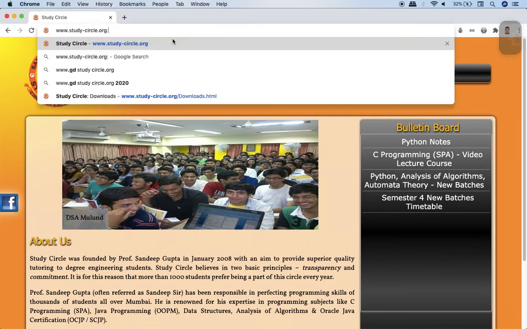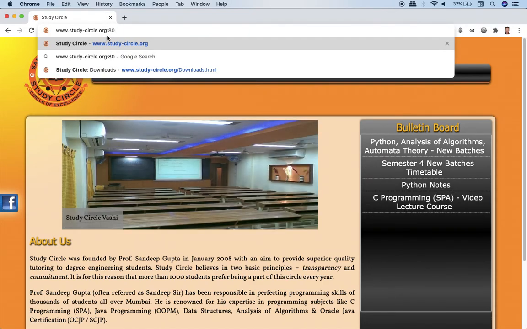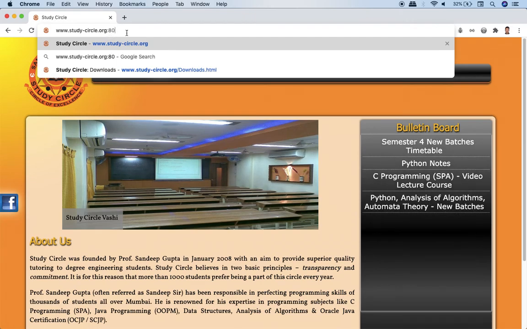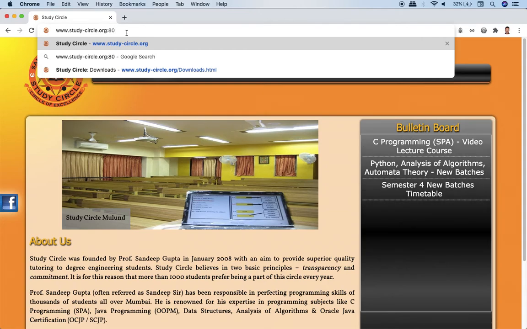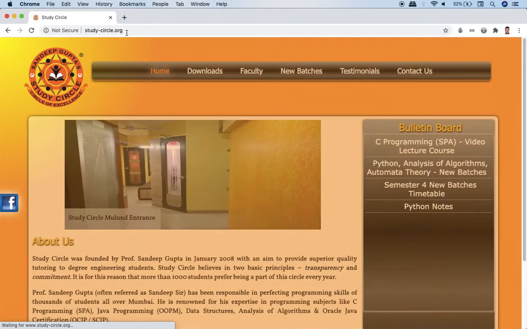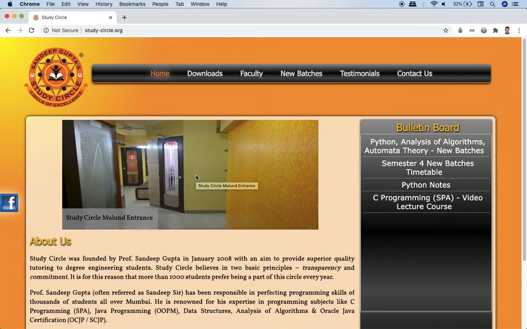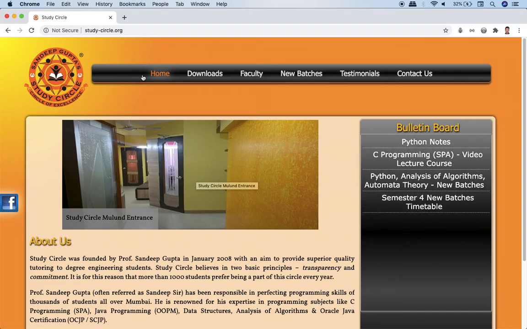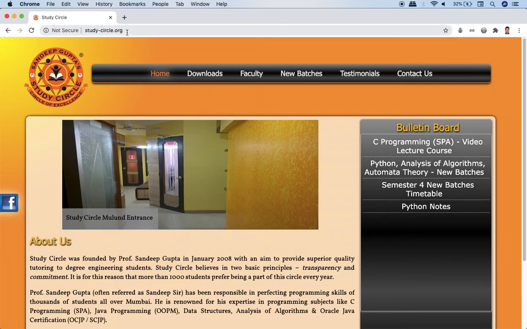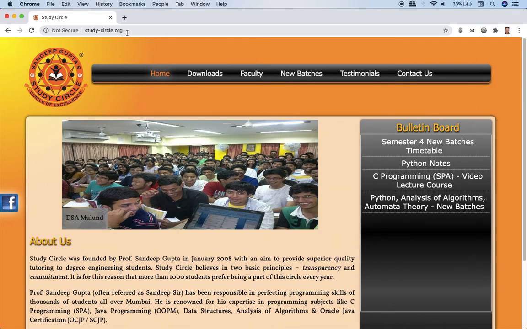I could have given colon 80. Look at the address bar carefully over here. So when I write colon 80, it means that I want to access this website on port number 80 of my computer. Now I hit the enter key and see the result is same. The result is same because by default all the websites are accessed on port number 80. Okay, so that is why giving colon 80 over here is optional. You may not give. Now the next thing is, what is that fragment identifier, also called query string?